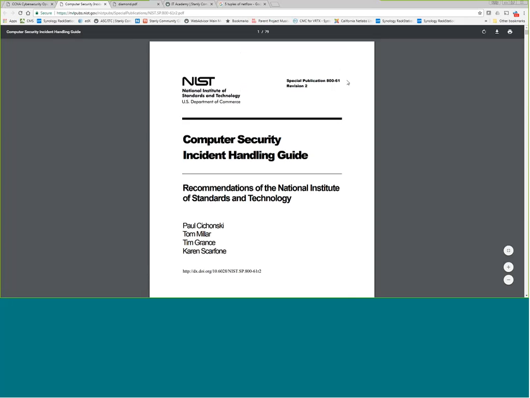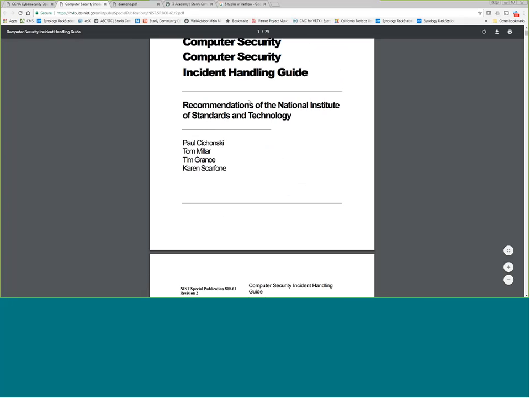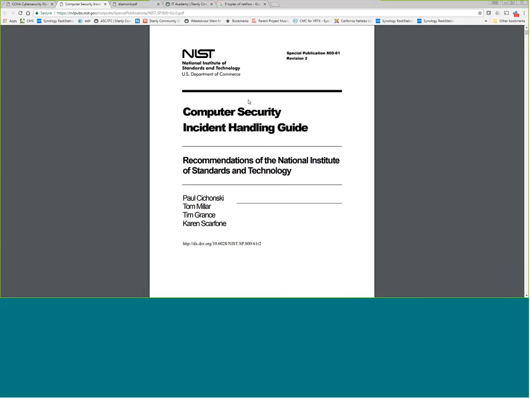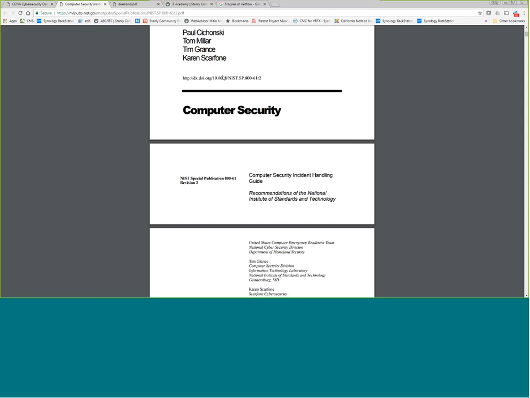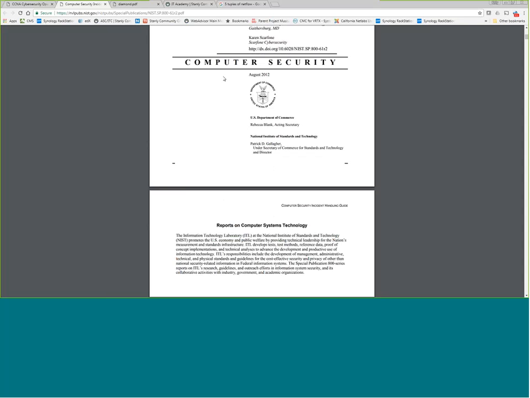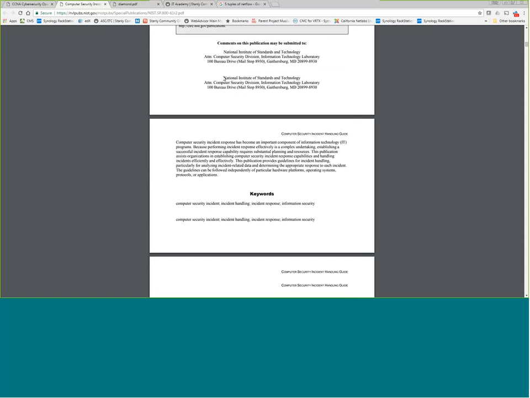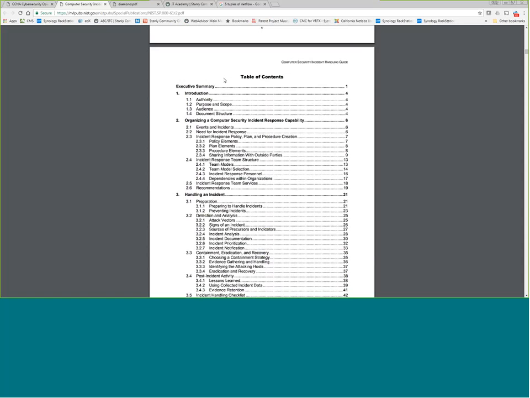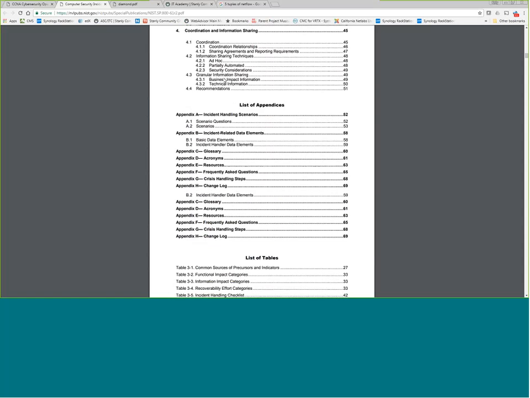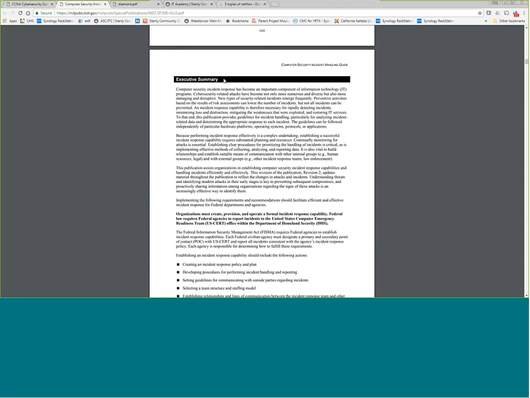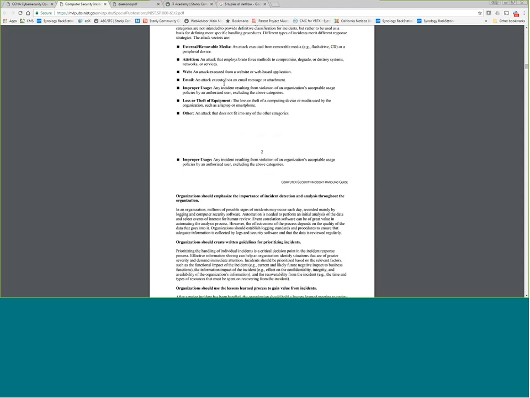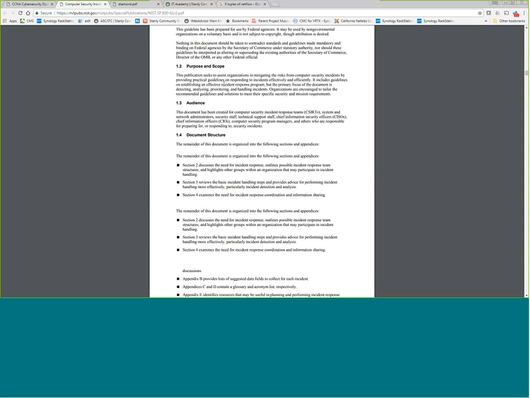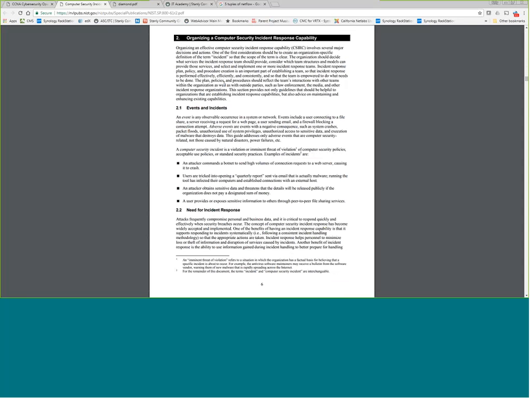Be aware, one of the problems I have a little bit with this class using NIST standards is this is a U.S. only standard, okay? This may not be the same standard used worldwide. They will pull some of the information. It will be very similar because it is just a good incident handling overall guideline. But NIST is a U.S. entity, so there may be other countries with their own setups.